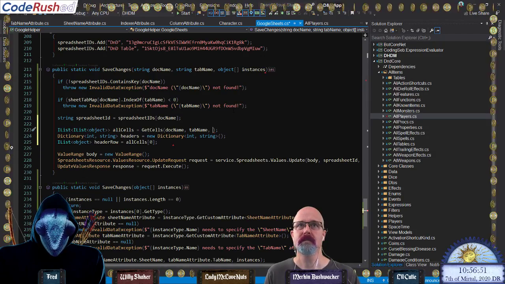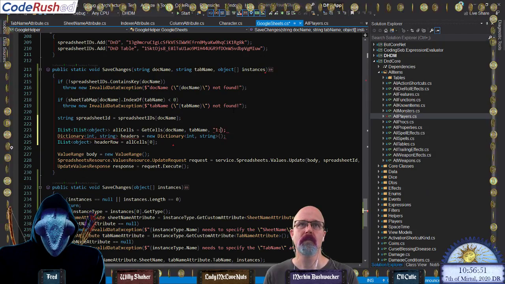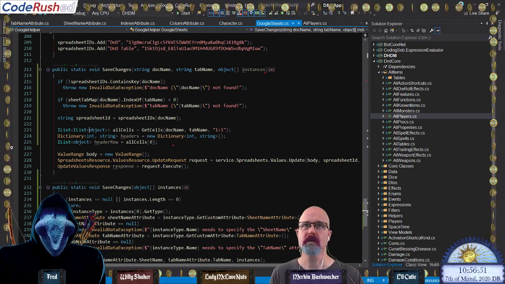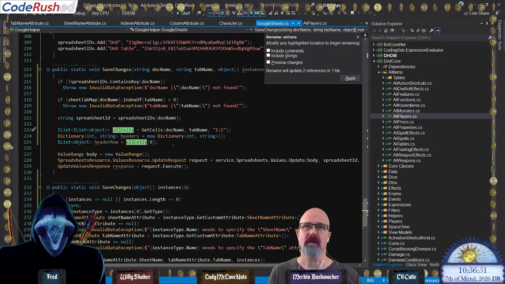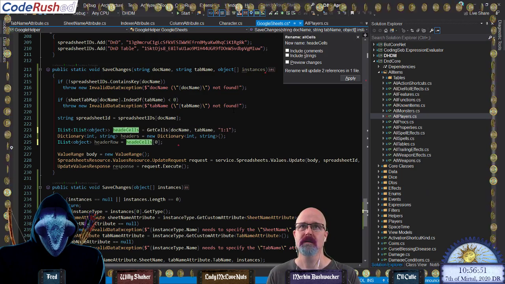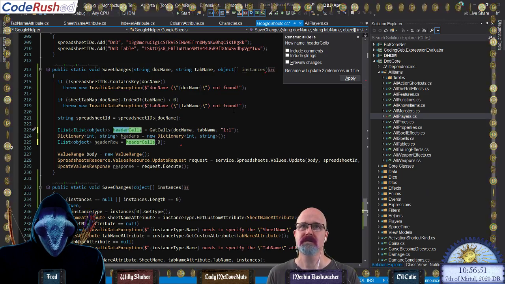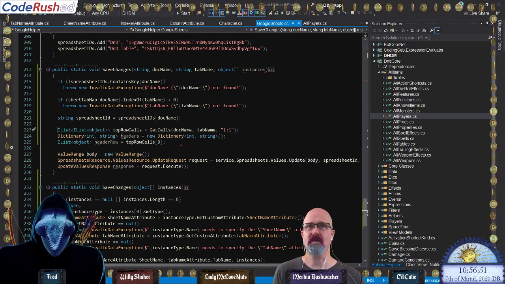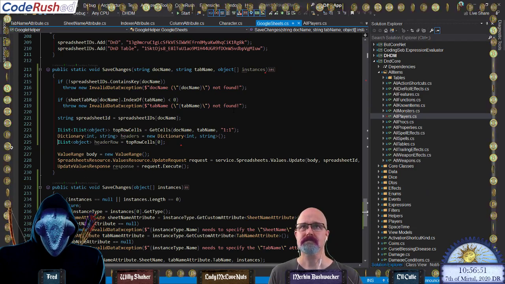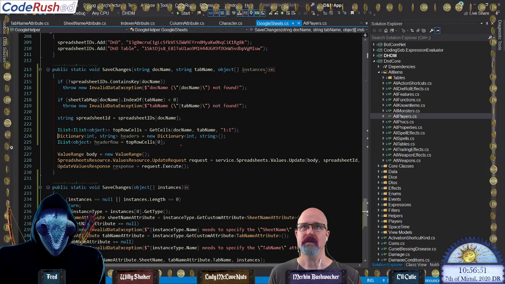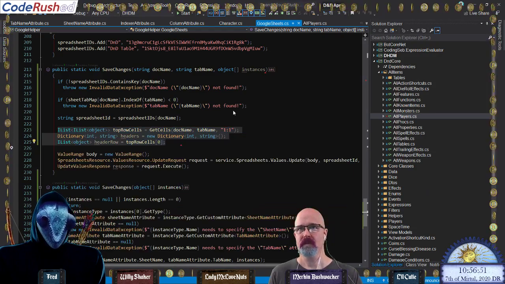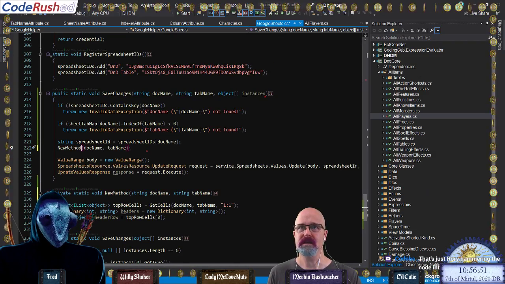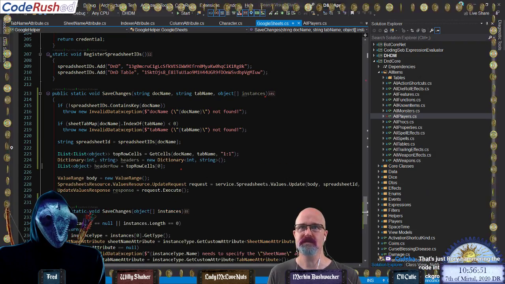Sweet. I believe that could work. We're going to call this our header, our top row cells. So we're just going to grab the top row. And there it is. I'm going to now extract that into its own method. Oops, but before I do that, I need to,